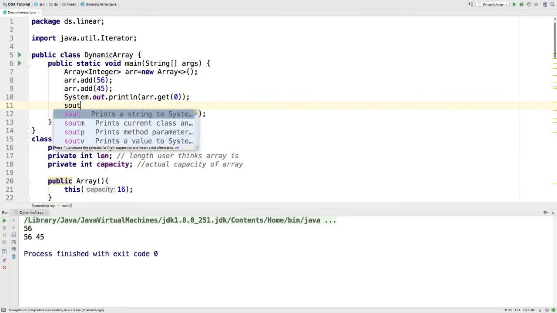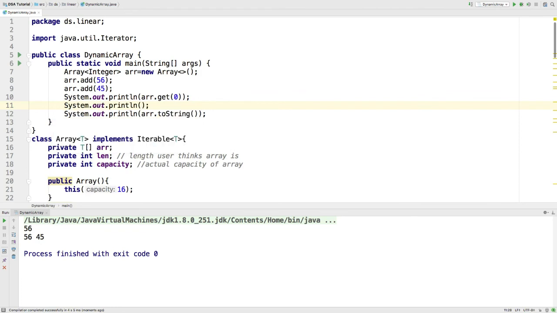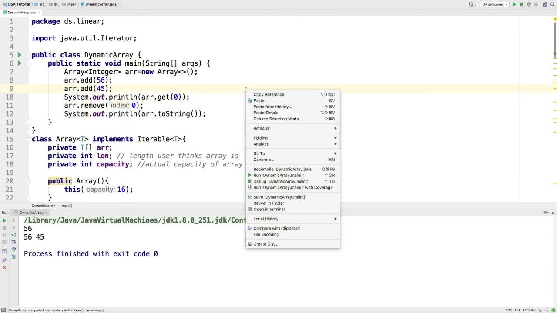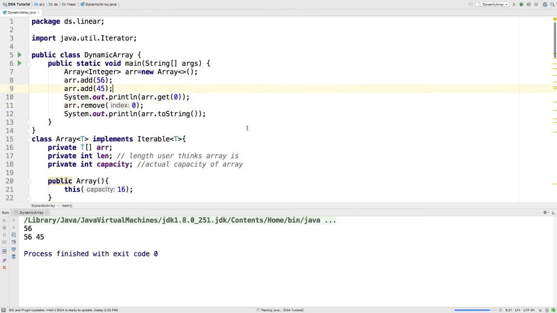Let's remove an element. Let's remove the index 0 and run again. So we removed the index 0 and now only 45 is left.